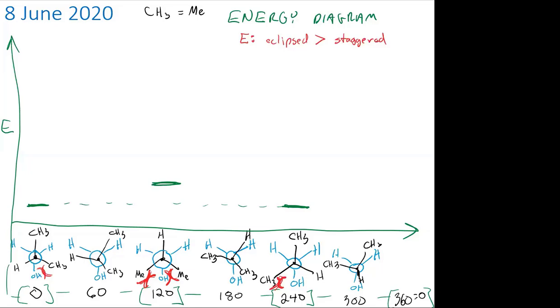So we want to keep in mind high energy is unstable or less stable. Lower energy, more stable. So all our staggereds are going to be in the lower, let's say, 1/3 of the graph. So we'll look at the eclipsed